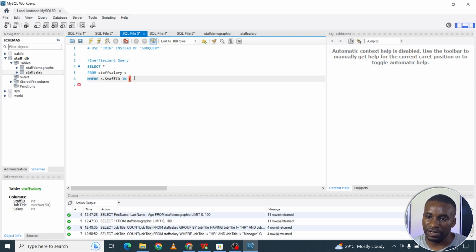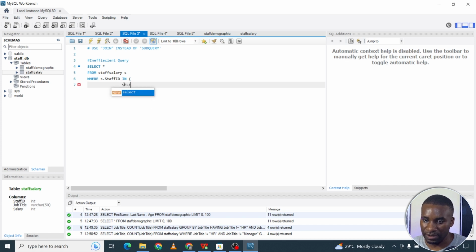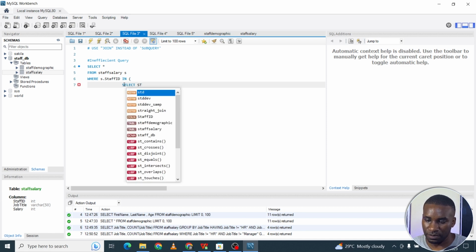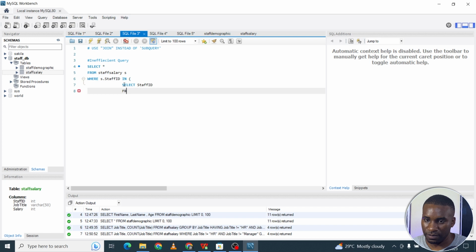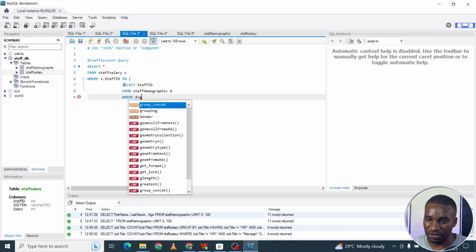We say our subquery, we just say select staff ID, now from staff demographic, and then we can give it an alias of D here, so that we can say where, now instead of staff demographic we say d.gender